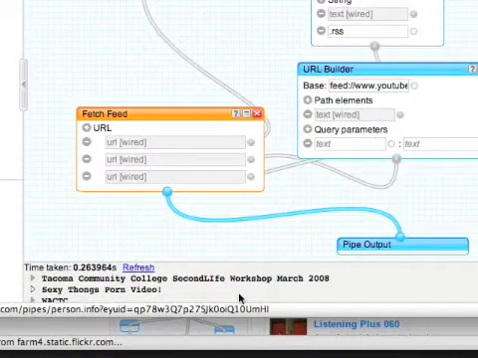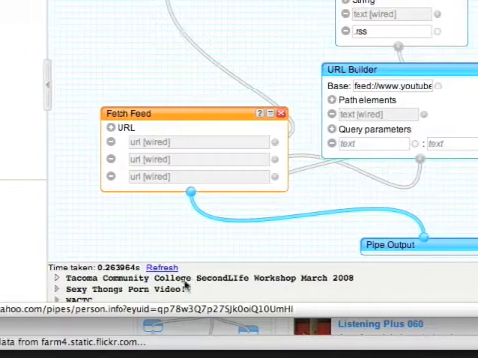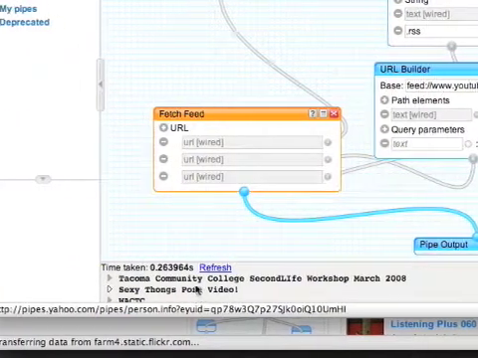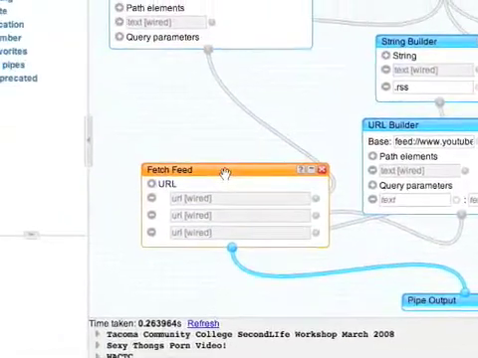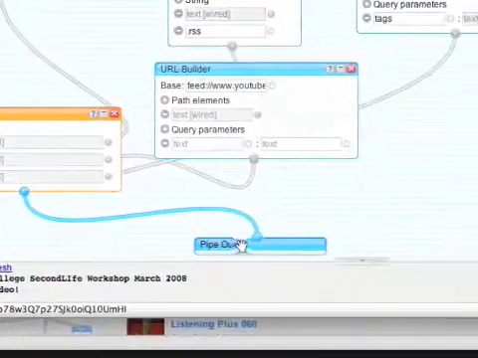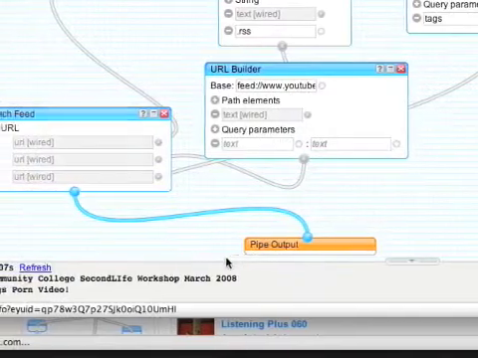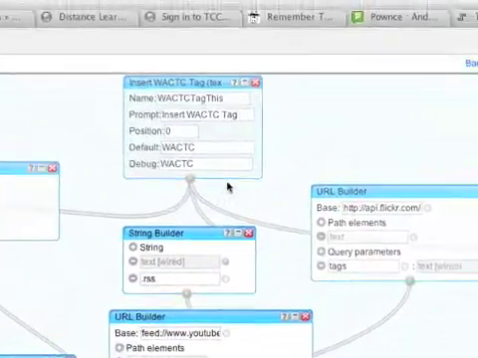Although once a person adds WACTC and adds an additional tag, a lot of this gets refined to such an extent that some of this junk doesn't show up. But anyway, that fetch feed is sent out to the pipe output, and if I go to the pipe itself,